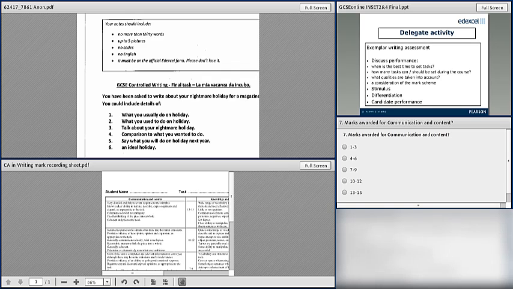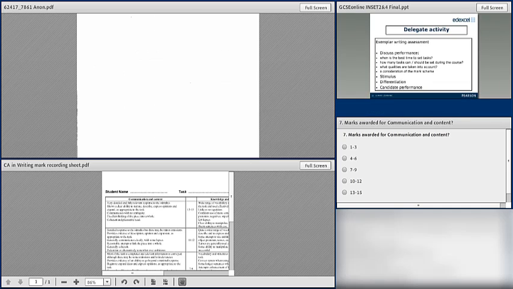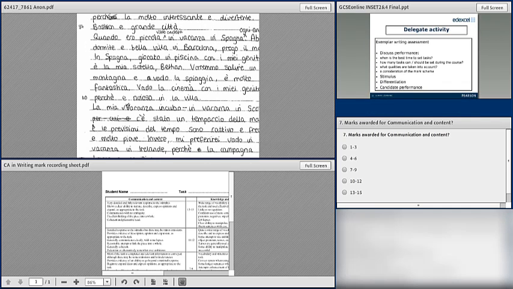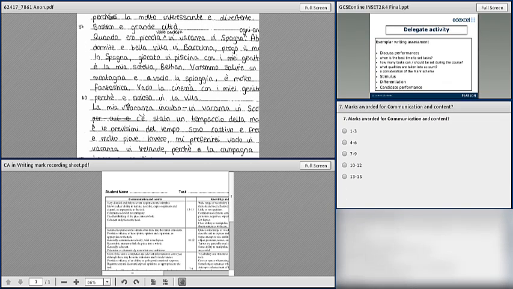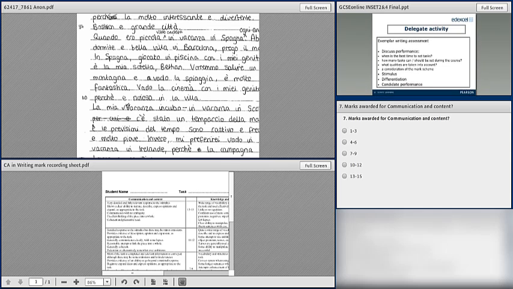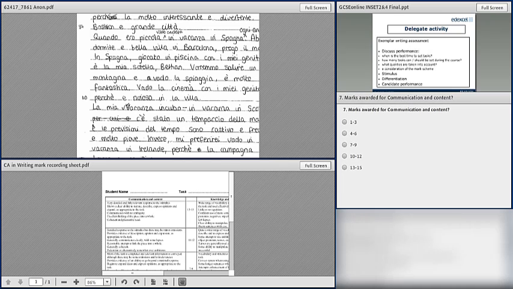Now this one is La mia vacanza da incubo. If you scroll it down, here it is, and I can read it out. We've got the note page. What you usually do on holiday, what you used to do on holiday, talk about your nightmare holiday in comparison to what you wanted to do, say what you will do on holiday next year, and an idea of holiday.